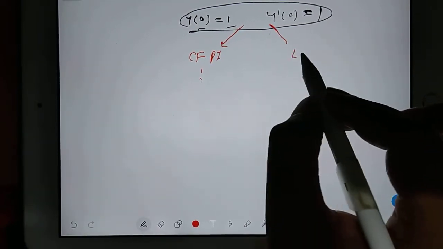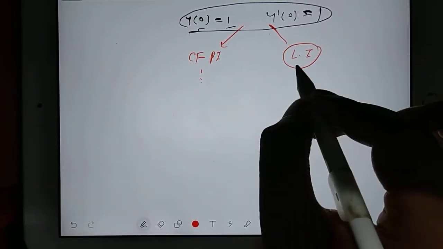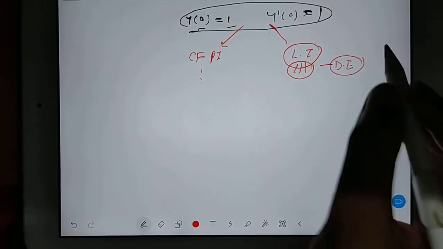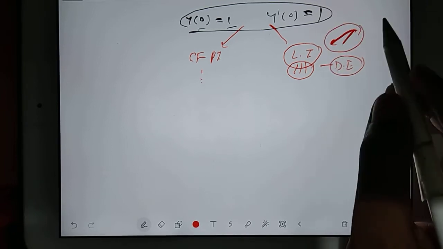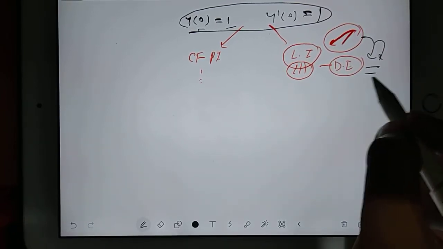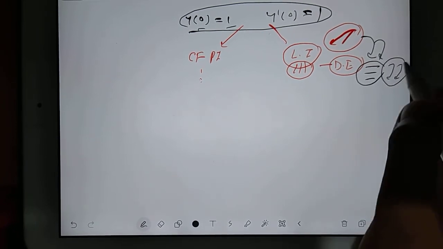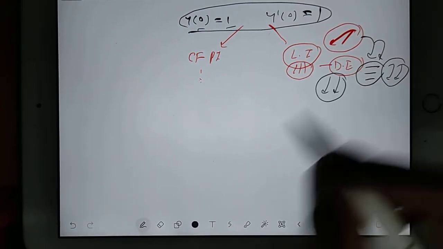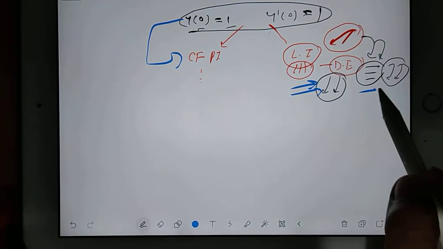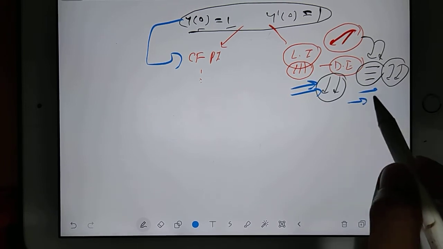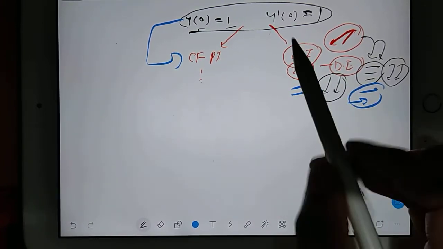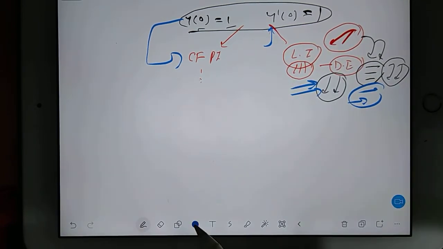There is another approach, that is Laplace transformation. With the help of Laplace transformation also you can solve your differential equation. After today's class, I will add the Laplace transformation playlist in our main playlist, so that you can complete Laplace transformation. Solving these kinds of questions by Laplace transformation is very easy, and you will consume less time.